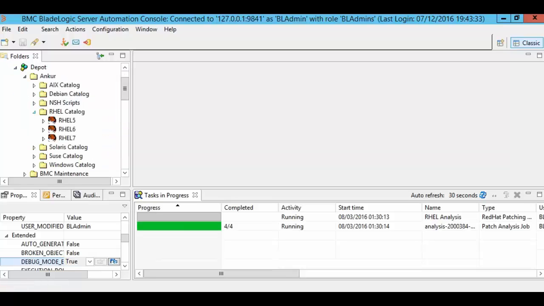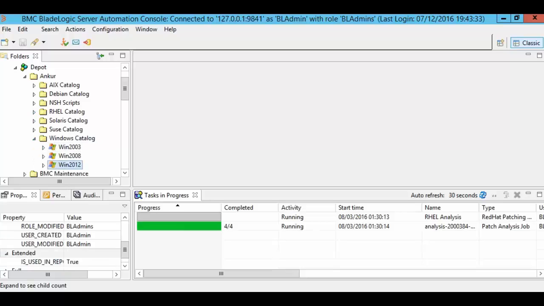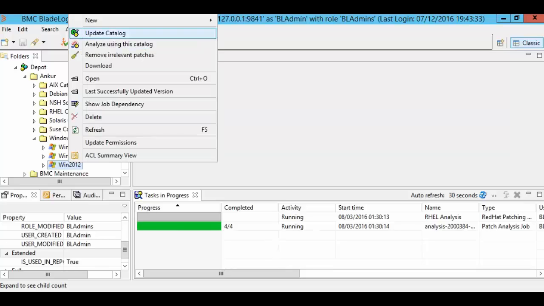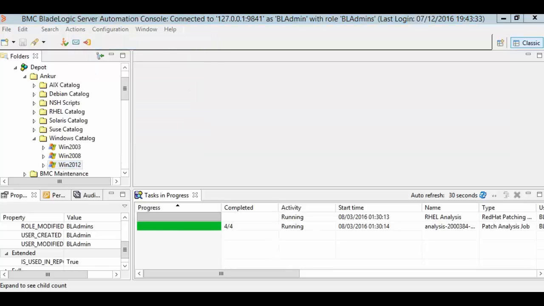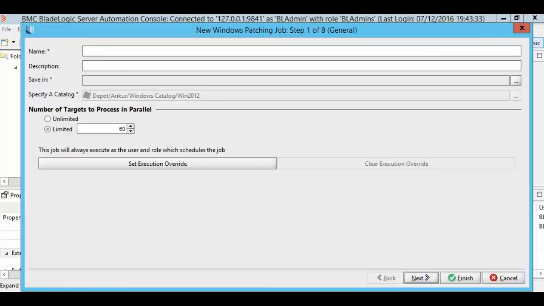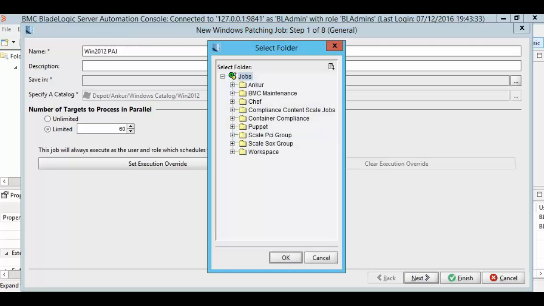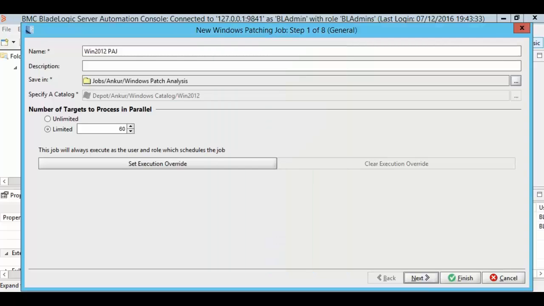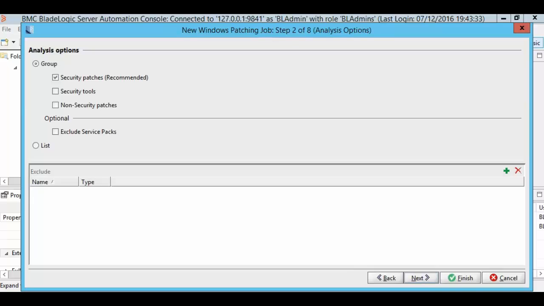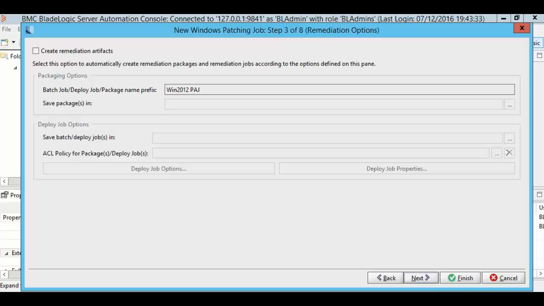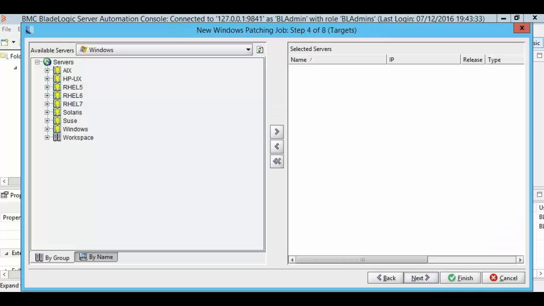I will create a Windows patch analysis job to demonstrate how we can set it to debug mode enabled. So I will create a patch analysis job for Windows 2012, named Windows 2012 PAJ. I will save it in my folder in the jobs workspace. I'll click on next. I will select the default options. Next, no remediation artifacts. Next, I will select my Windows servers,